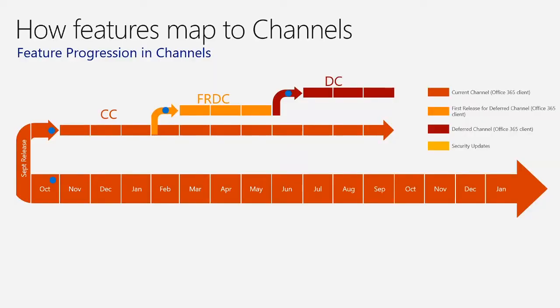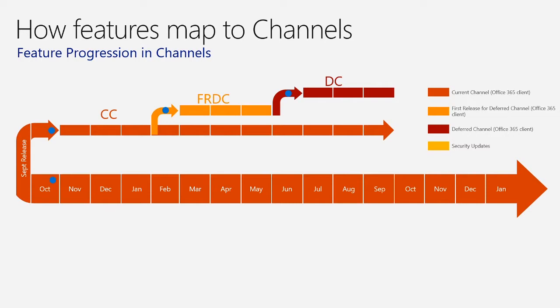So that now propagates up to FRDC. That'll be in your FRDC build all the way through until July. It'll actually be in there forever now because now it's already propagated up. But I can test it. When's my end user going to get it? It's going to come out in the June build. So you can see they stagger. So when I said earlier, let's take October, I get a fix in October that I'm waiting for my production end users. It could be all the way until that July timeframe that you get that into DC depending on where they're at. That's why I say between a 6 to 8 month period of features done, complete, ready to push, when does it go to DC?